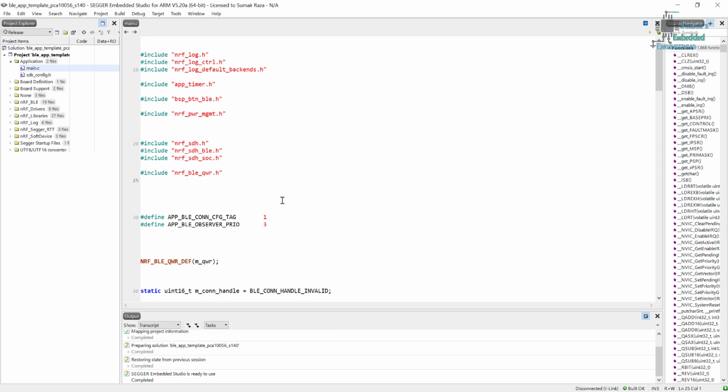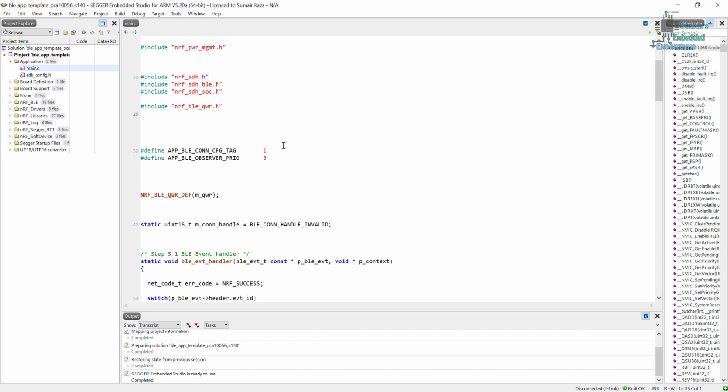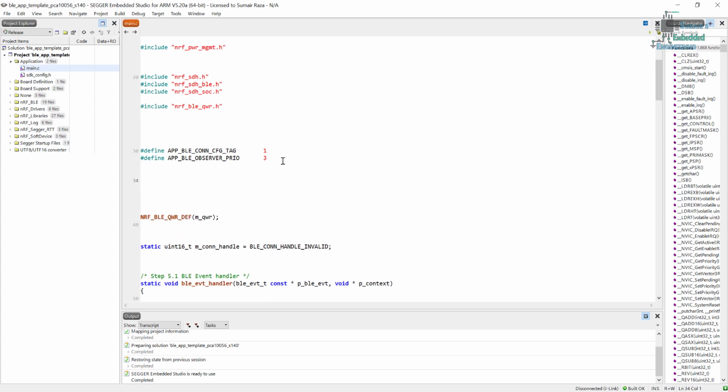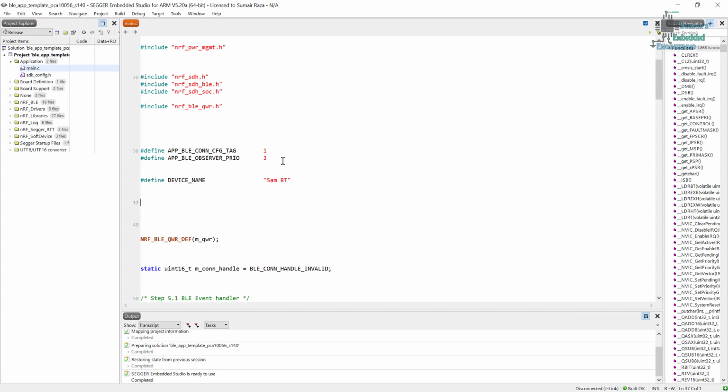So guys, now let's start programming, and the first thing we need to do is create some constants for our device, for example for our device name and the preferred connection parameters. So we will define them now here. So let's start. The second one is the minimum connection interval,